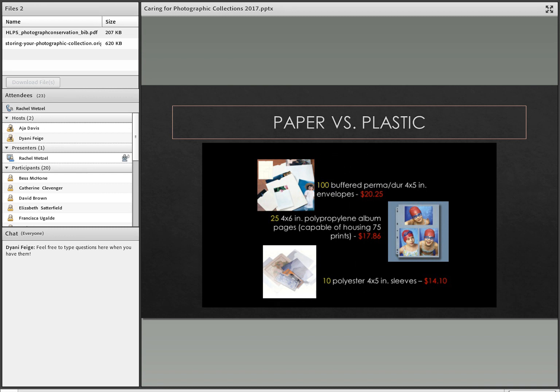And then the cost, this is probably the factor that influences most people. So the paper versus plastic dilemma. This is just an example. Say you have about $20 to spend, and you can get about 100 buffered 4x5 paper sleeves for your photographs for about $20. Versus if you want to get a polypropylene album page that can hold up to about 75 prints, so you're getting a little less, you get 25 of those pages for about $20, just a little under $20, so you can see there's 25 less prints that you can store for the same amount of money